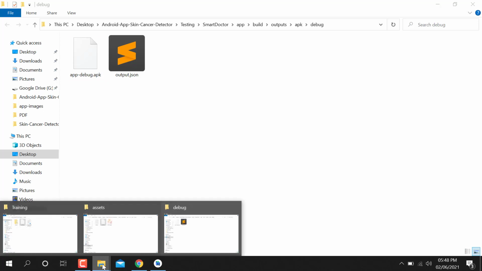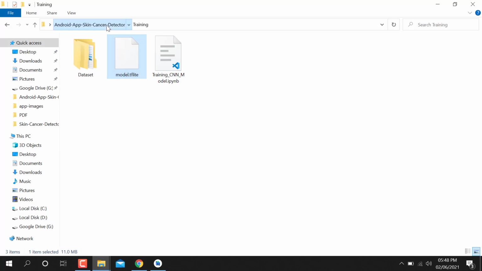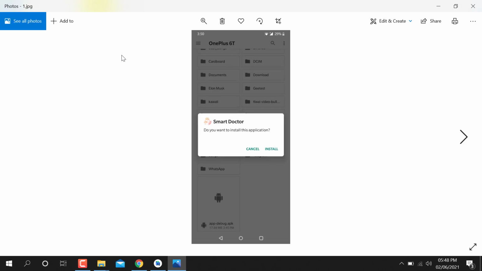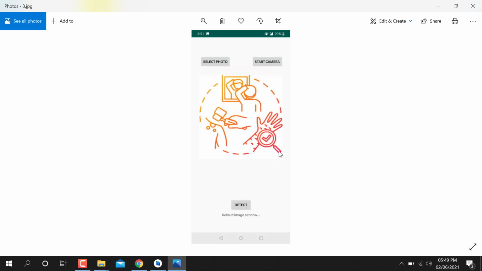I'm going to show you how it looks in your mobile app. So basically, this is how you can do it. These are some results. I already saved them. First of all, you can see the APK file. When it downloads to your mobile, just click install. After installing this app, you just open it. After opening, here is the interface of that app.